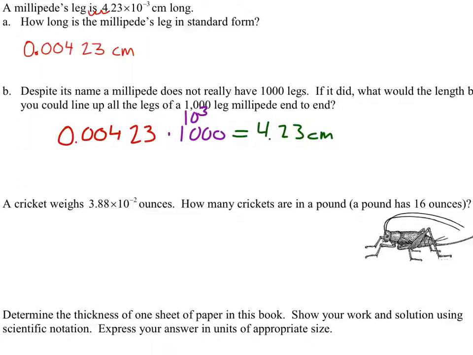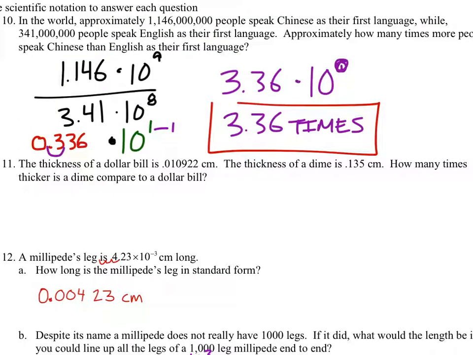The thickness of a dollar bill is pretty small, but the thickness of a dime is also pretty small. How many times thicker is the dime compared to a dollar bill? So we're going to take the dime and divide it by the dollar bill, by the way. But the dollar bill,